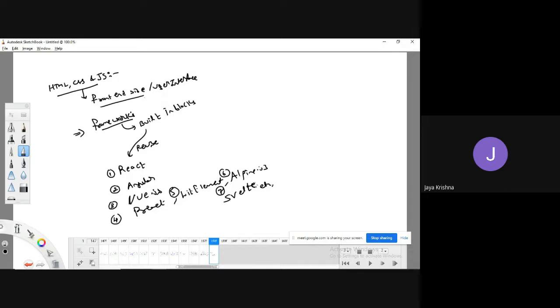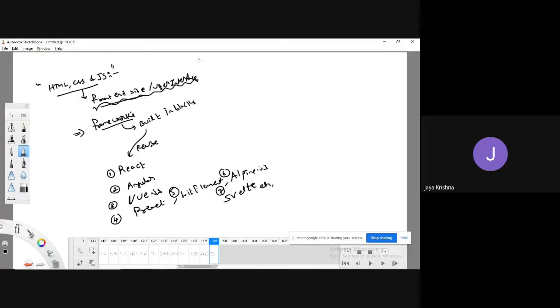Fine. And also one more thing: developing any kind of project purely with HTML, CSS, and JavaScript won't have much look and feel. Nowadays, every website should have more look and feel and should be more dynamic in nature. Then only the user is comfortable using our website. Otherwise, people won't prefer our website. That is the reason nowadays people are mainly focusing on the user interface part.